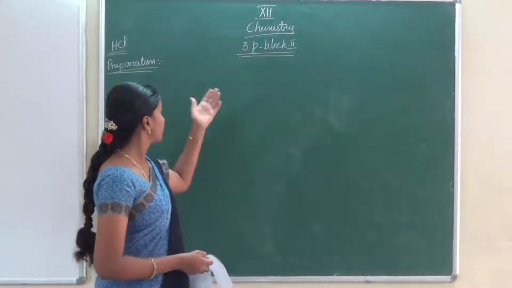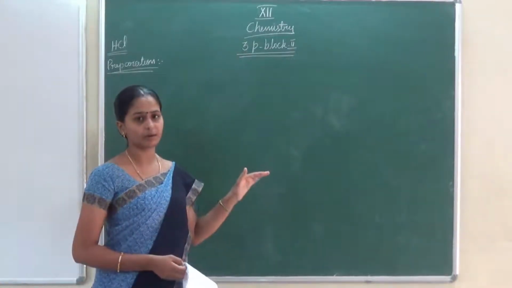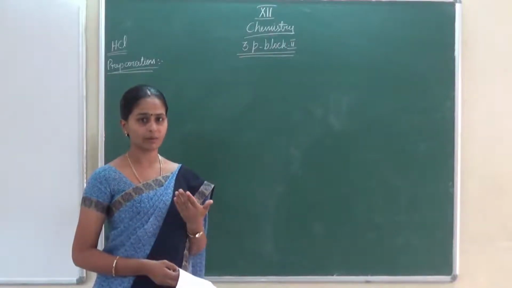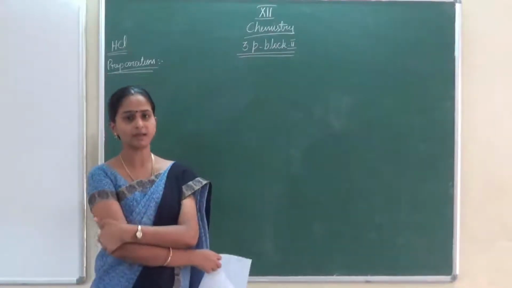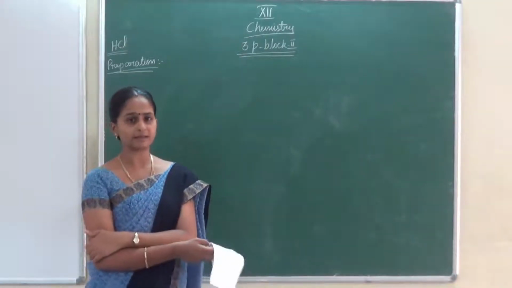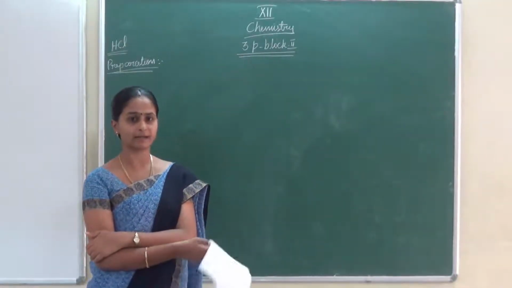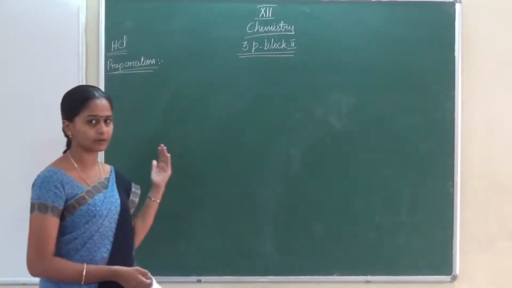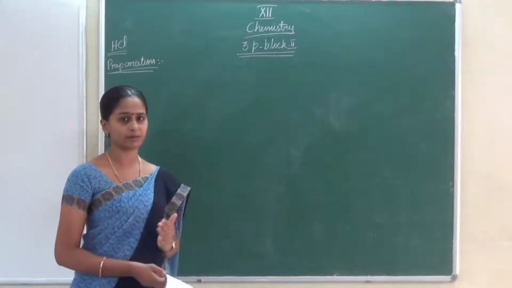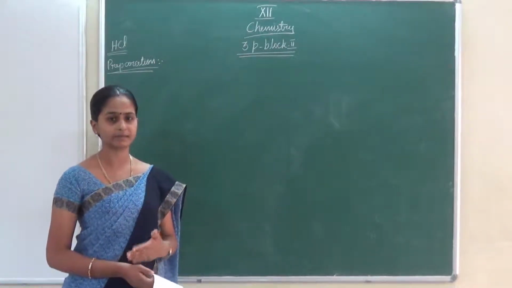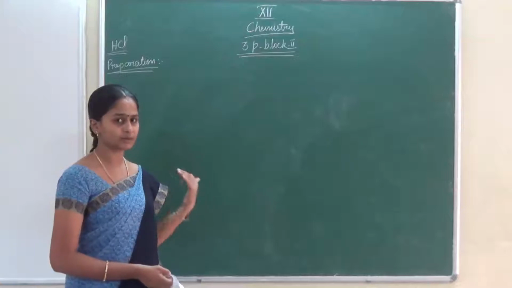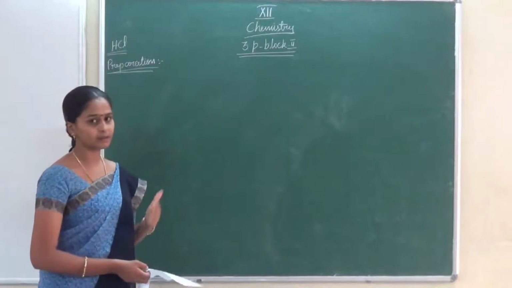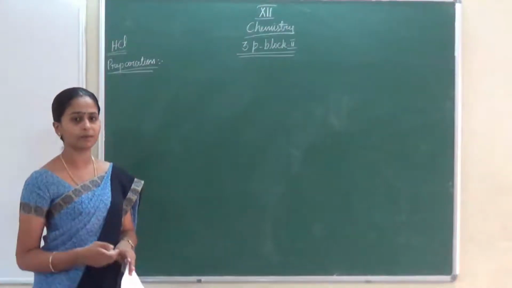This is the important compounds of chlorine. Hydrogen chloride, hydrochloric acid. You know what hydrochloric acid is, how we are using it in our salt analysis. All those things you did in practical in your 11th standard. Now we are going to see how we can prepare this hydrochloric acid, what the physical properties, chemical properties, and uses of this hydrochloric acid are. So first we are going to see the preparation of hydrochloric acid, how we can prepare it.